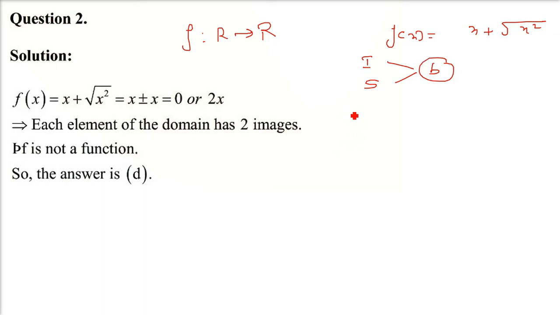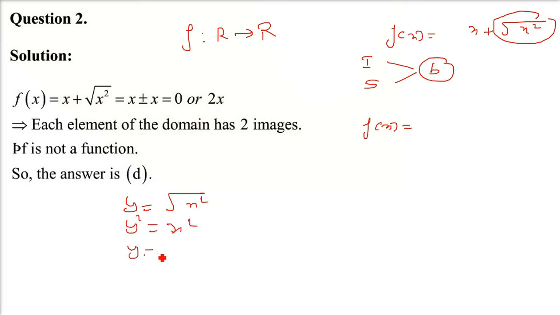So x plus under root x squared. Whenever we take under root, when we replace this under root, we have to put a plus minus sign. If we assume y is under root x squared, y squared will be x squared, so y will be equal to plus minus x. This is just for understanding of under root x squared. So when we remove the under root, it has to be plus minus x. You get 2x one time, you get 0 one time. X plus x is 2x, x minus x is 0.